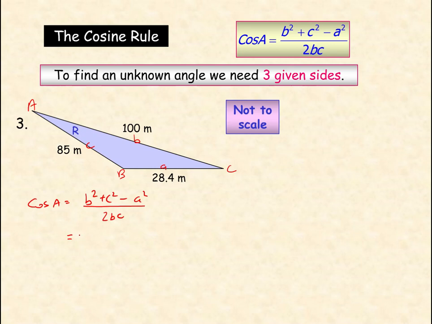So b is 100, so we've got 100 squared, plus c is 85, so 85 squared, minus a is 28.4 squared, all divided by 2 times b, which is 100, times c, which is 85. Plug it into your calculator, and you should have got